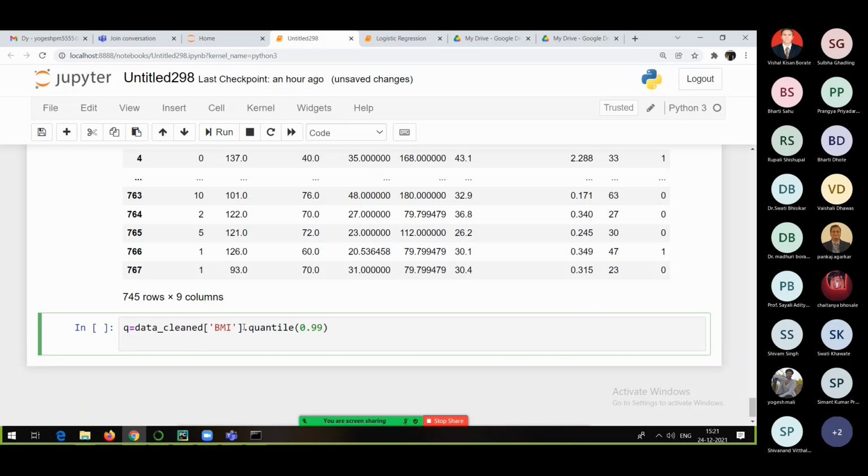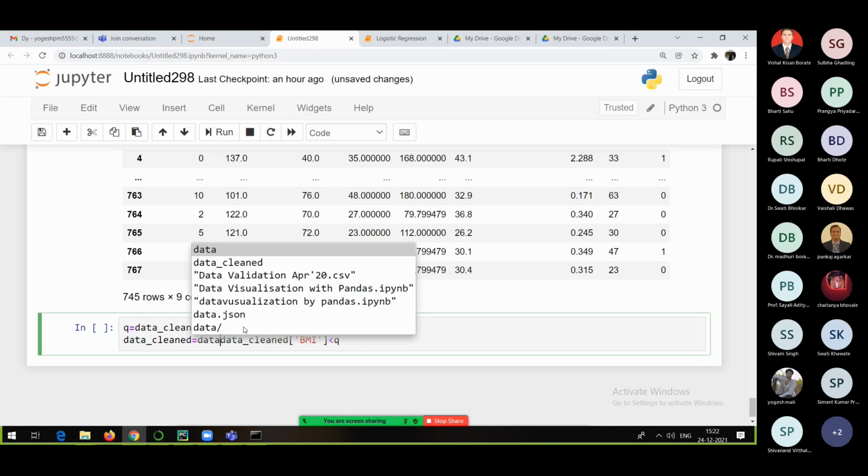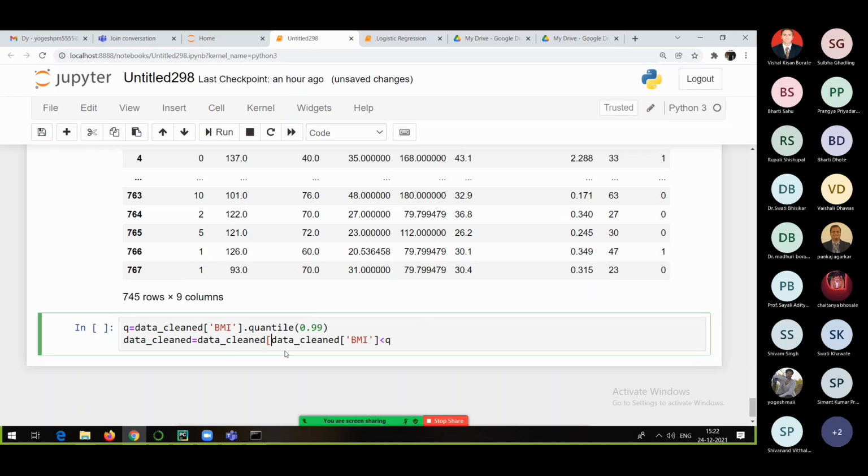And then what I will do is data underscore cleaned is equal to data underscore cleaned of BMI, it should be less than Q, and I need to index on the basis of that particular thing.